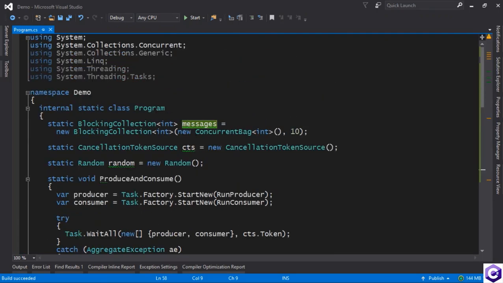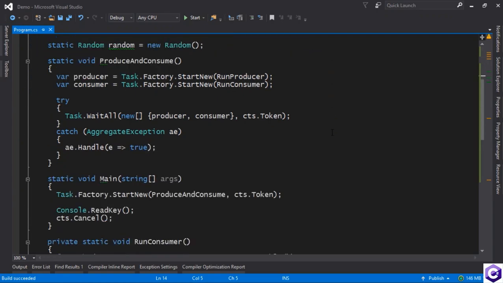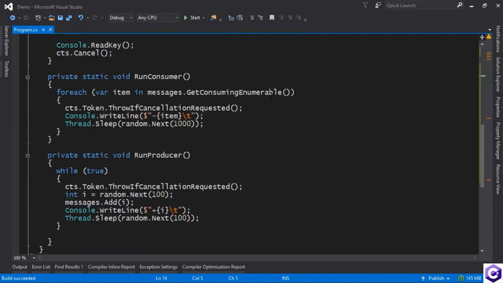So just to recap, BlockingCollection is not itself a collection. It's just a wrapper around some underlying collection which implements this curious IProducerConsumerCollection interface. What you do is you make one whenever you want to set up this producer-consumer pattern, and then you use GetConsumingEnumerable if you want to consume the items, and you add the items in the typical fashion. So that's what